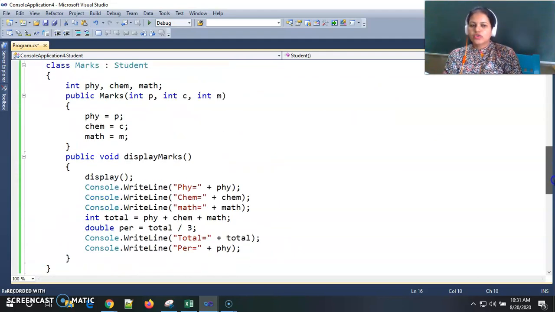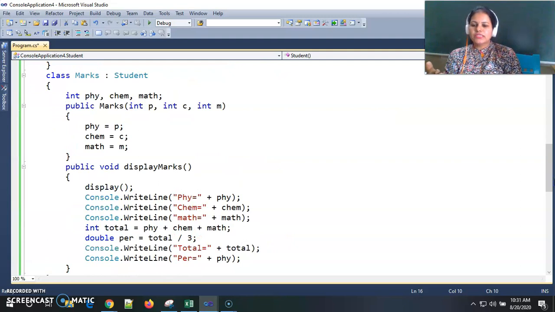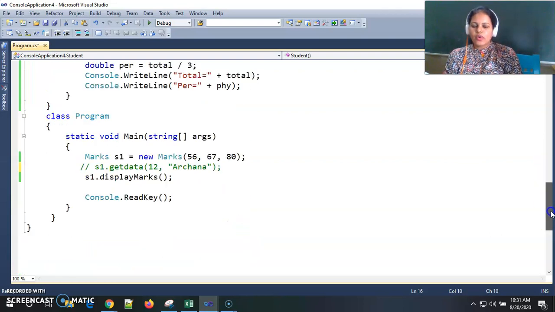So before calling the derived constructor, a base constructor, if there is one, will be called first, and then a derived constructor will be called. So at this line, while we instantiate our object, before calling the marks parameterized constructor, base constructor will be called and values will be initialized accordingly.